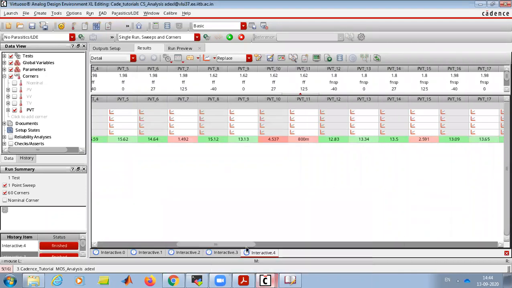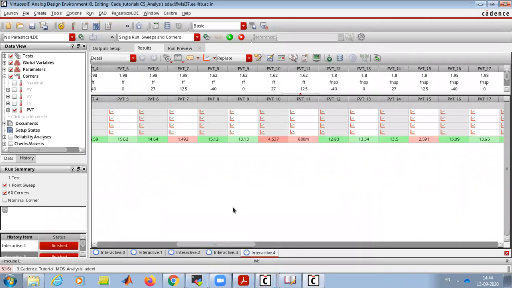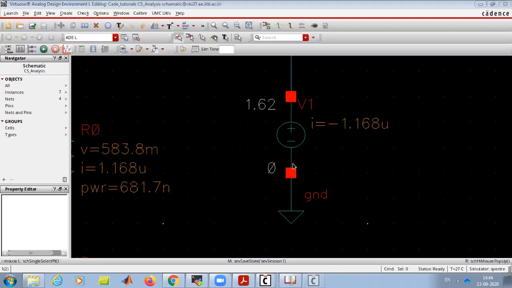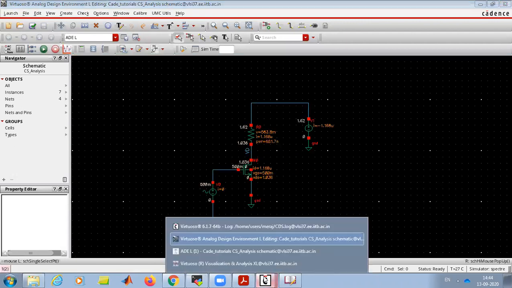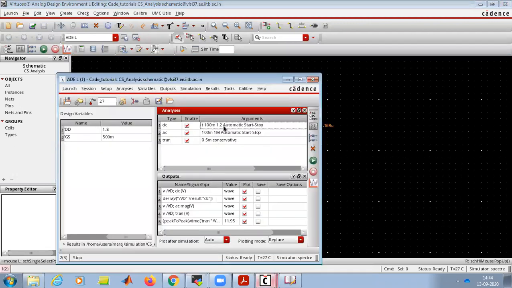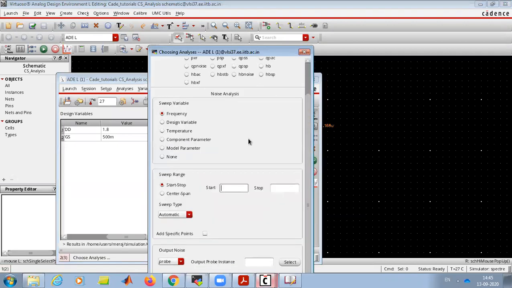So since we have time, we can do some noise analysis also. For noise, we'll go to our ADA, then we'll select noise. For noise, we need to specify the frequency, because you will find noise is always with respect to frequency.